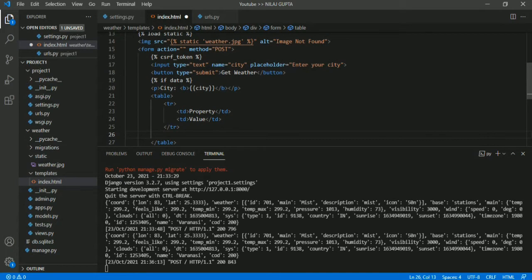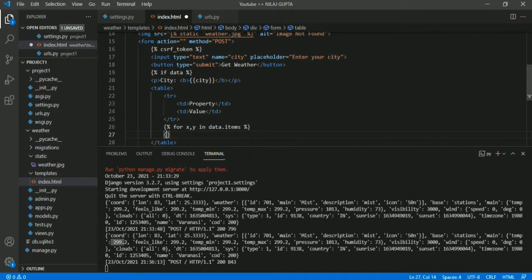Then after that you have to call a for loop: for x and y in data.items. Okay, x will be the property and y will be the value. You can see that like temp will come in x and the temperature value will come into y.